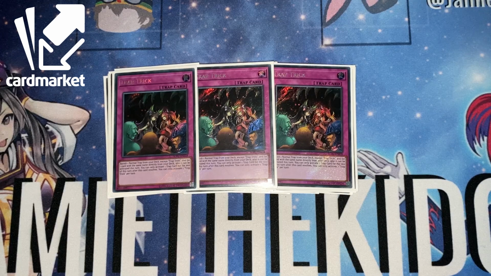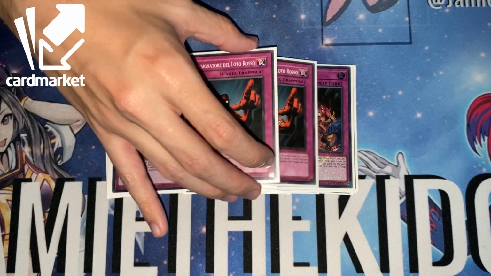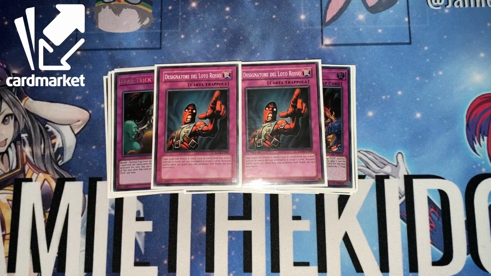And then otherwise, for those of you guys who are having some nostalgia and miss Trap Dust Shoot, 2 copies of Appointer of the Red Lotus will do you just fine. Appointer of the Red Lotus has a really cool interaction with decks that play multiple negates, in that not only does it allow you to remove a card from your opponent's hand, going 1 for 1, removing one of their options to play with, and of course you're targeting a specific card that you can remove and weaken the rest,